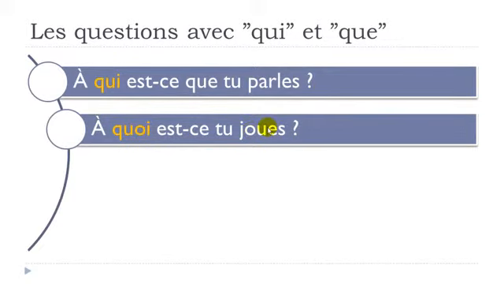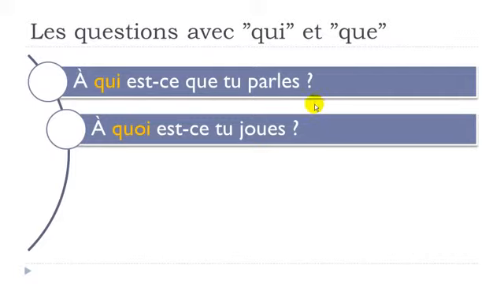Jouer, it's to play, okay? And then normally, if you're talking about a sport or activity, then we tend to use this preposition à with it. Okay, so play, but then à, and then the name of the activity. It could be football, or it could be basketball, or it could be whatever. Okay, à quoi est-ce que tu joues? And then now, I assume that you will tell me, oh, have a look at that. What on earth is going on? Why do we have this quoi and not que? Okay, well, because that's the rule, and we'll see that, but that's the rule in French.